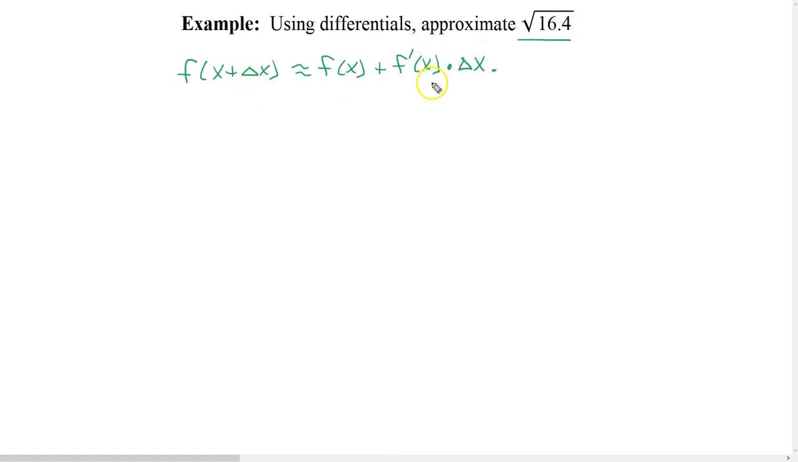So this is the approximation that we're going to use for this problem. Now notice that in looking at the square root of 16.4, we can easily evaluate the square root of 16. That's just 4, and that's very close to 16.4. So using this formula up here, if we think of letting x be 16 and delta x be 0.4, and our function f of x is going to be the square root of x,